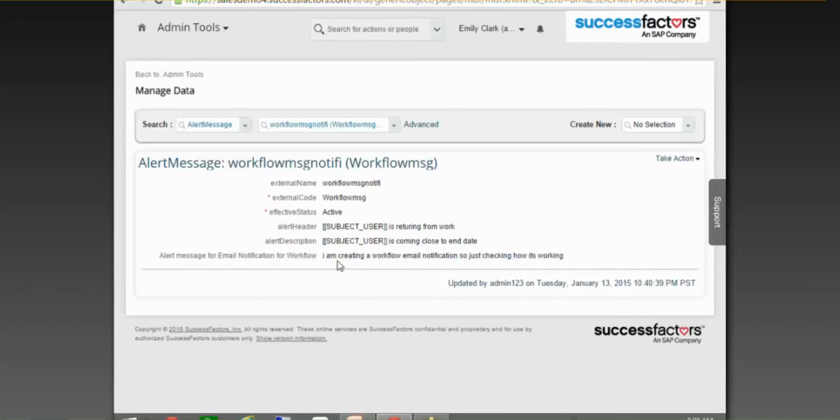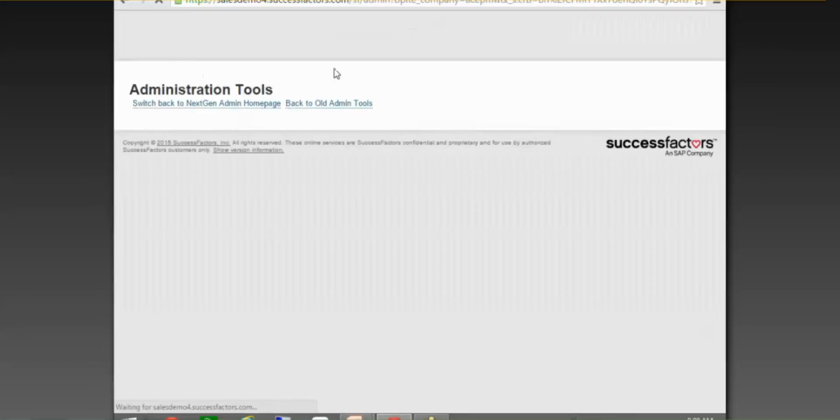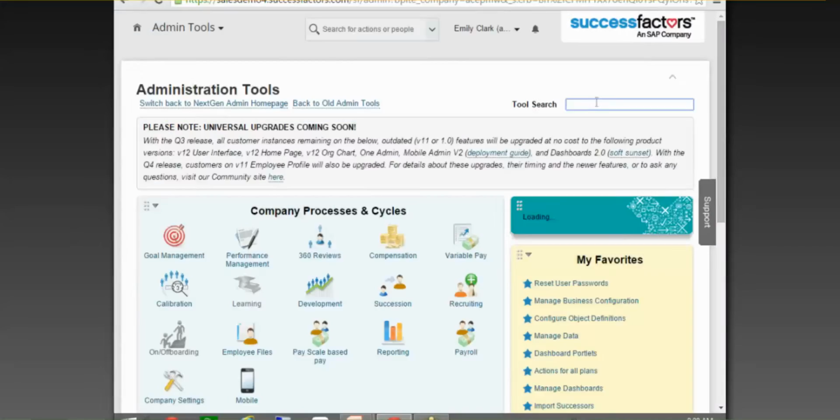This is an example someone put in. This is an email notification, a message that will be sent to your email. So you create a message. This is Manage Data, a standard object called alert message. You create it, and then what we do is